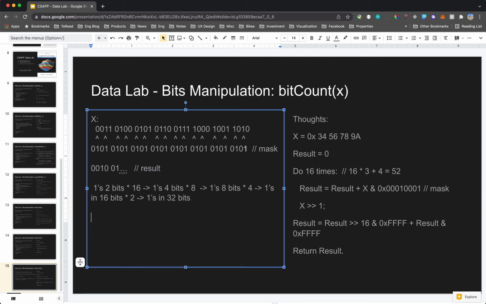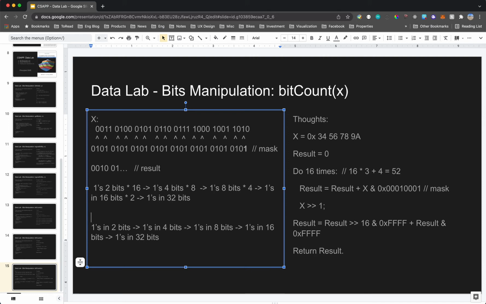And then we need to combine the count of ones in every 2 bits into the count in every 4 bits, and then further into every 8 bits, and then every 16 bits, right? And then we count the ones in 32 bits